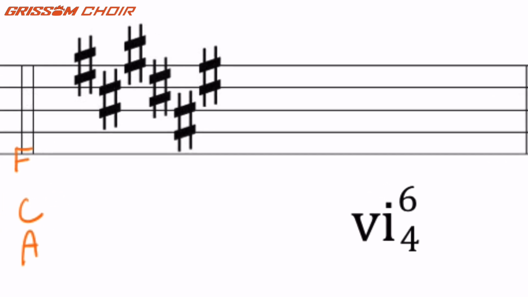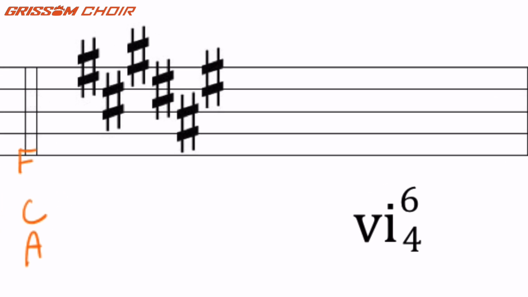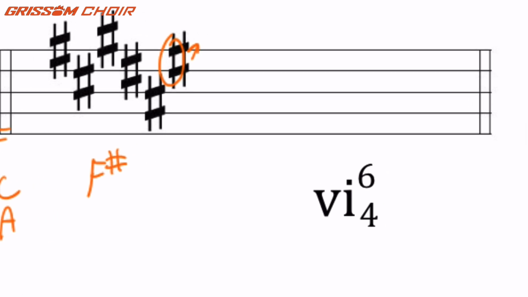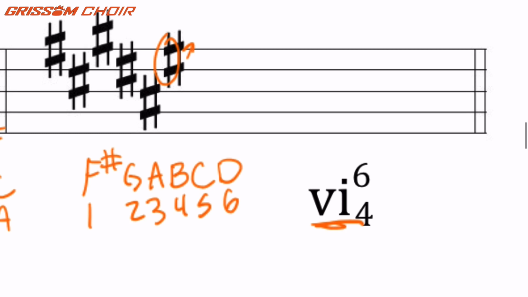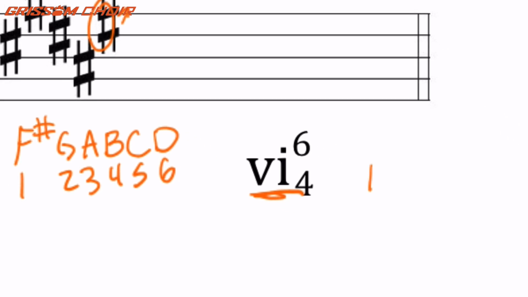This last example, 6 sharps. Look at the last sharp. Go up 1. We are in the key of F sharp major. We're looking for a chord built on the 6th scale degree of F sharp major. Counting that F sharp as 1, we would go F, G, A, B, C, D. 1, 2, 3, 4, 5, 6. We would draw a chord based on D, so that would be D, skip a note, F, skip a note,